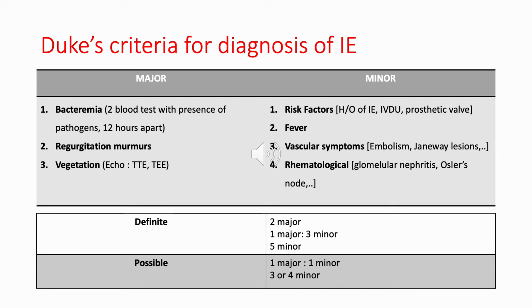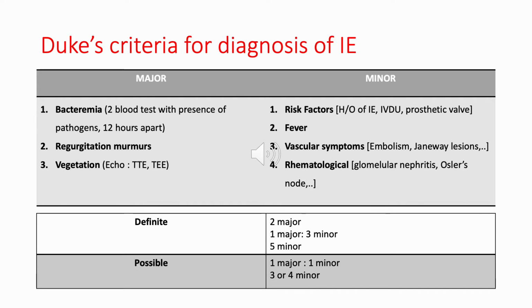So if we draw blood cultures twice, drawn 12 hours apart, and then we find positive cultures for these certain microorganisms, then that means that this is one point towards the major criteria. Second point would be regurgitation murmurs. So if we listen to the heart and we hear these murmur sounds, that is also another point to the